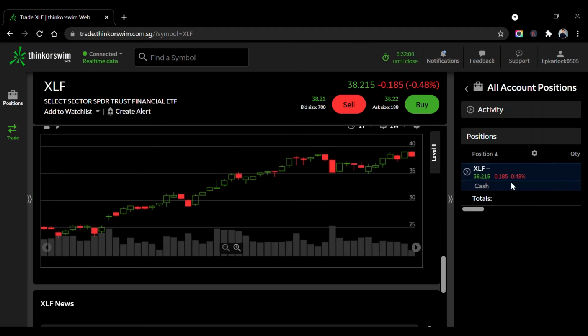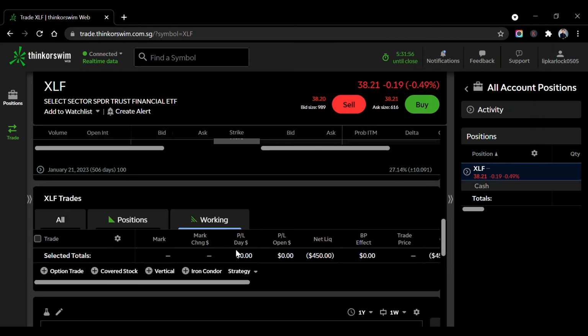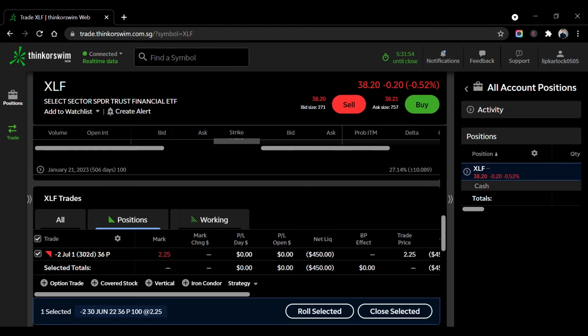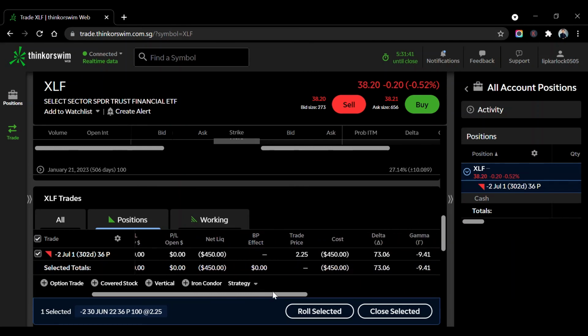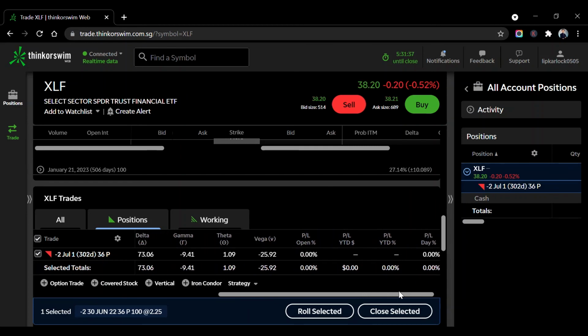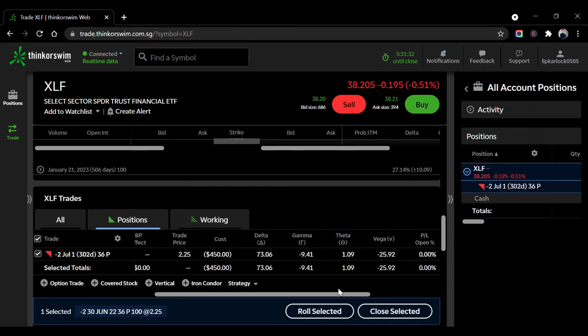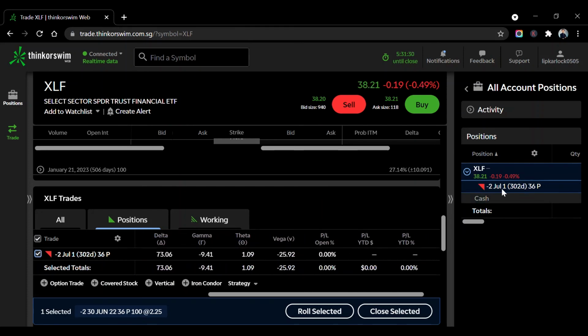Position, okay, I think it's being filled already, so you can see I have a new position there. You see working is 0 here, position is filled. Right, so I already have a new position here, and I have collected $400+. All right, so you can see here cost, data, okay. This is just extra information. All right, so basically I have collected the premium,